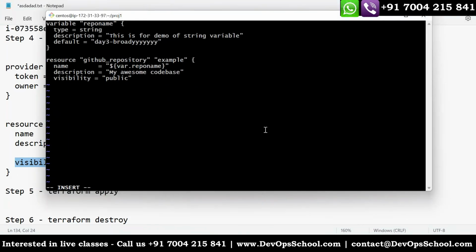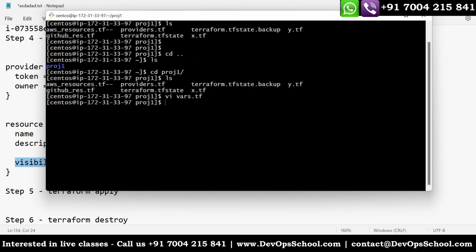So theoretically speaking, tell me, this particular name of the repository will be created. Are you agreeing with me, all of you? Yes, I agree. And save it.